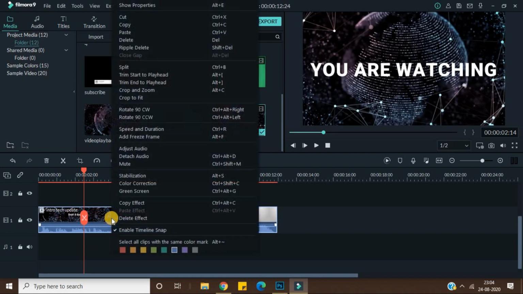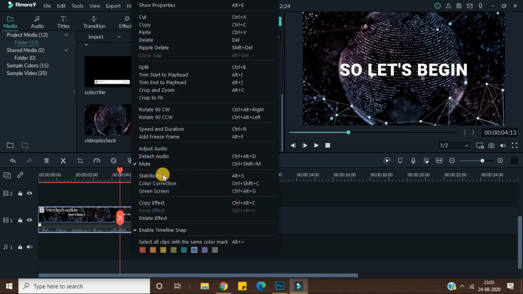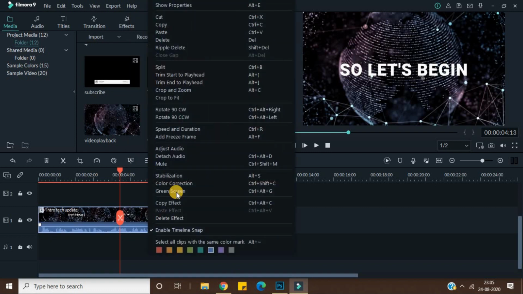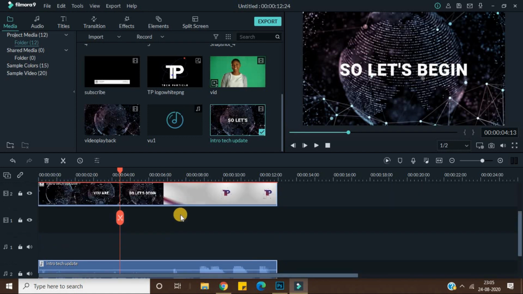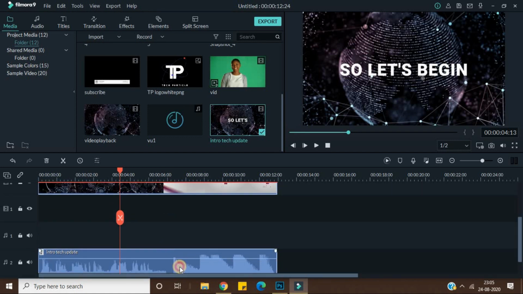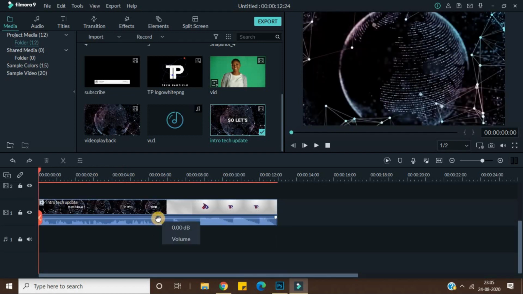First I can just right click on this and mute and adjust and all these things to do with the audio. If I mute them, the audio will not be there. And I can just unmute it then. And if I detach the audio, you can see that my audio and video are in two different tracks. Now I can edit them differently, right? So this is one thing. Right now I'm keeping it again like this. So you can change it.